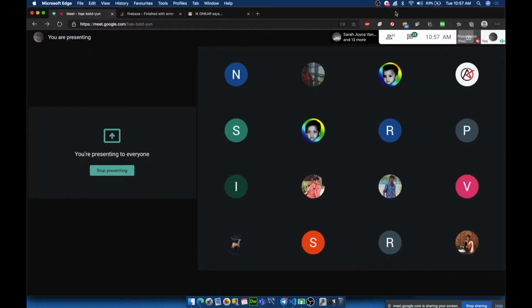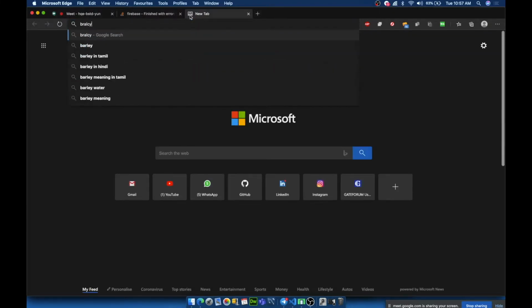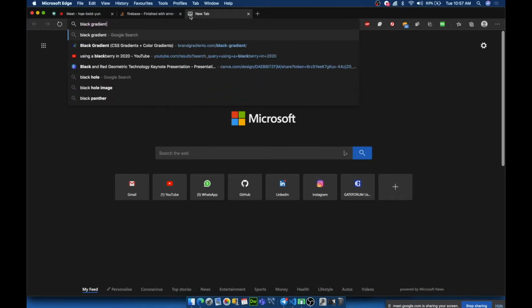And what kind of linear gradient can I get? Let me just go on Google for colors, some good colors. Maybe some black and gray gradient, something like that. Or if somebody can, okay, if somebody can give me a good gradient, that will be good.